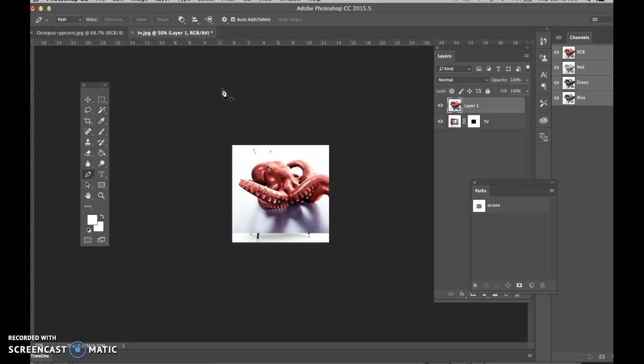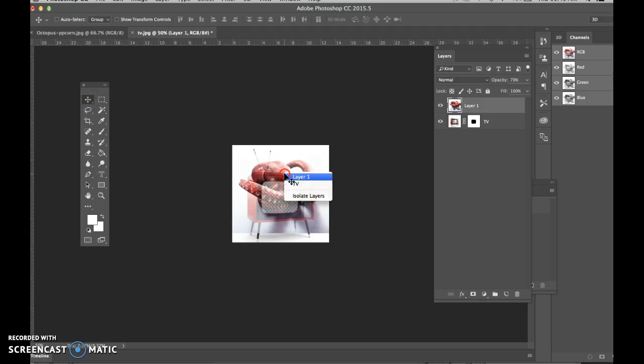And here's what we're going to do. We're going to try to figure out how to make it look like it's coming out of the television. So I'm going to turn the opacity of that octopus layer down. This way you can see both the back layer and the front layer to kind of position correctly. Now I'll move it down